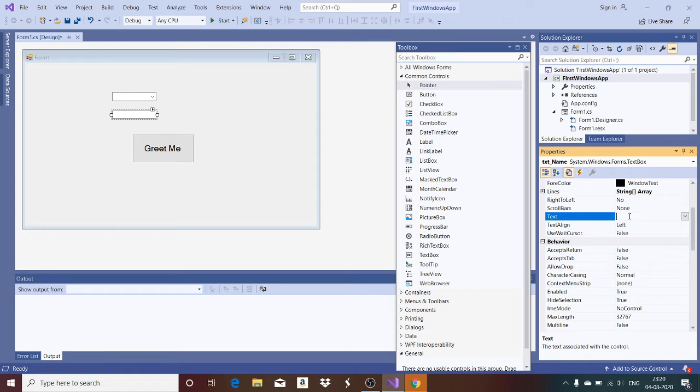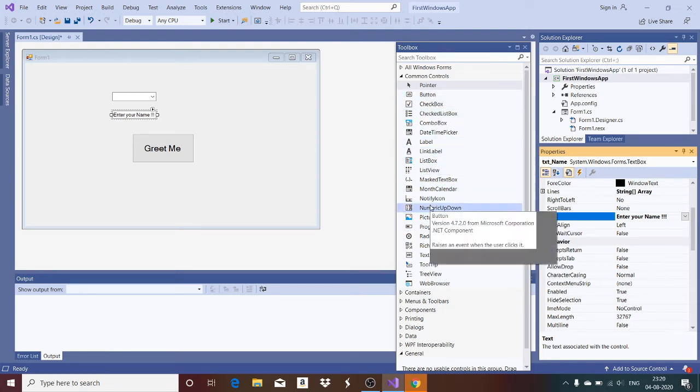By default there is nothing in the text box, and if you want to give some value here, something like enter your name, then this will appear on the text box. Okay. Now suppose I want to give a value here saying this is the name, here you have to enter the name, here you have to select a salutation.